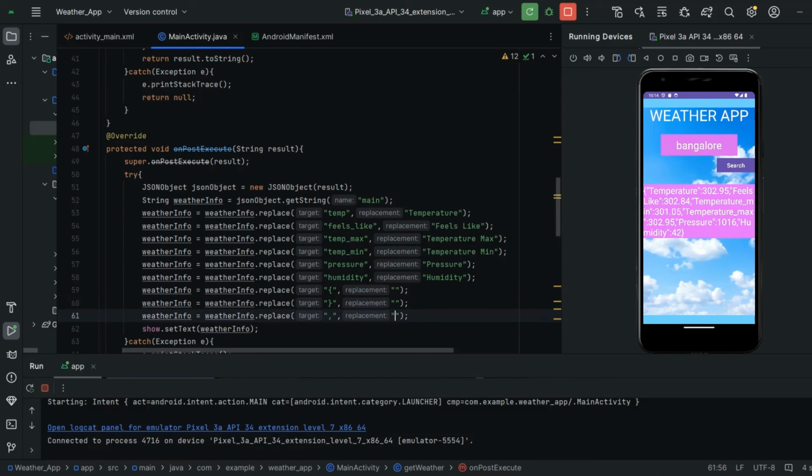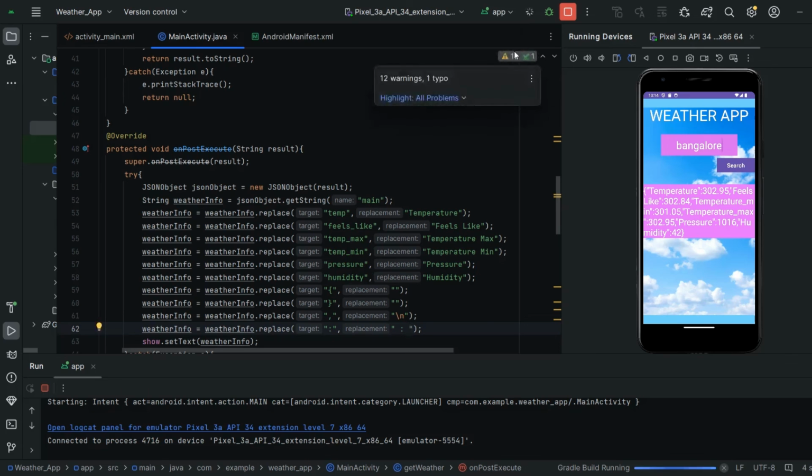In place of comma I'm going to give the new line. And also in place of "is to", I want a little bit more space, guys. It looks a little bit close. I don't want that. I'm giving space for "is to" here. Now run and check again whether our app looks a little bit good or not right now.